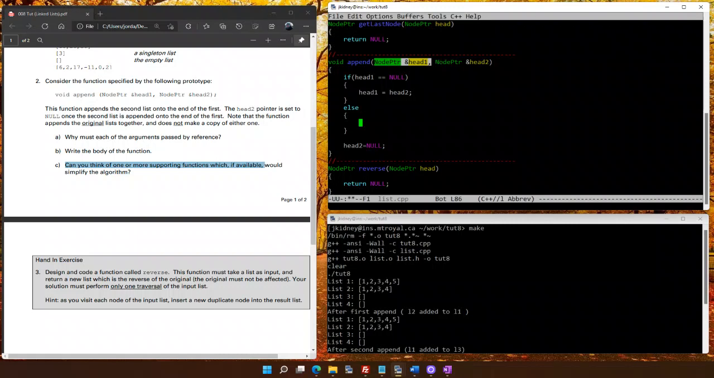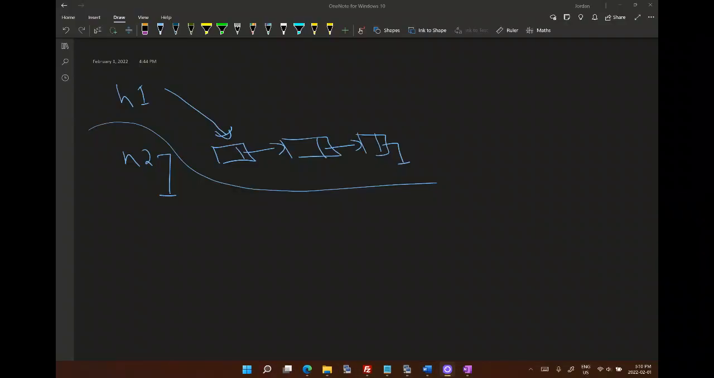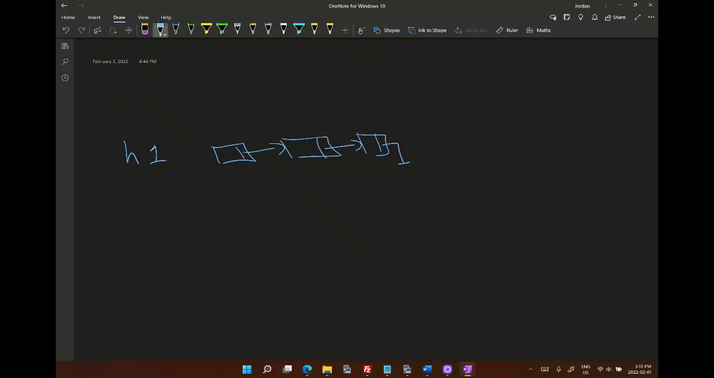So we need to step through the list and find the actual last node. So let's go back to our drawing and get a scenario drawn out so you can visually see what I'm talking about. So let's assume that we have something like this. Head 1, say 1, 2, 3 for data. We then have head 2 with some data here. Say A,